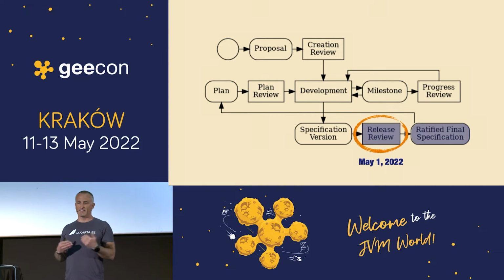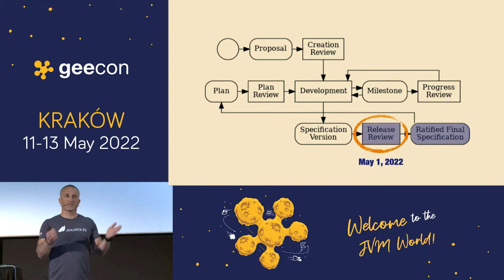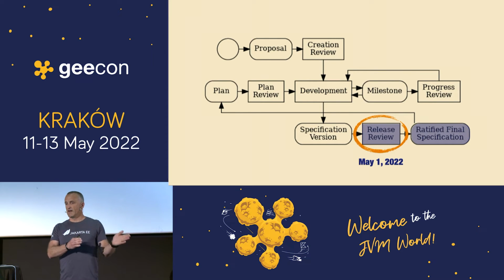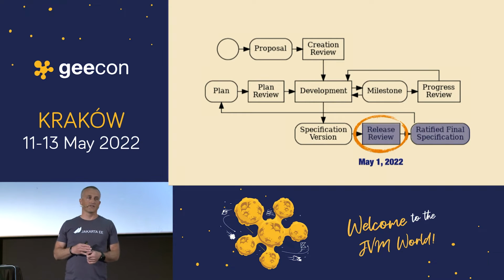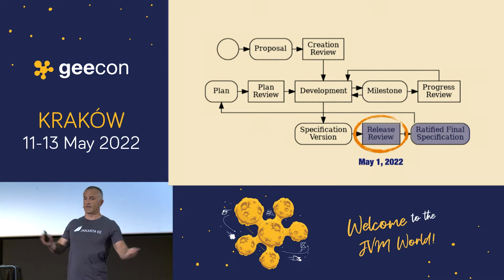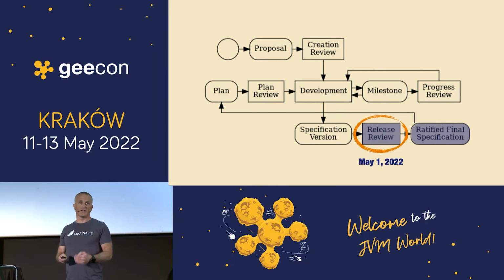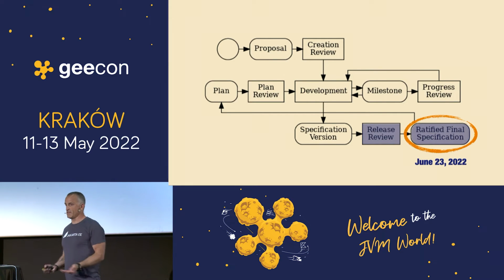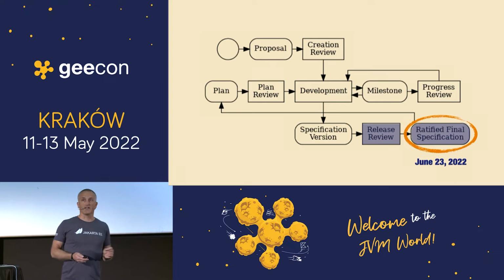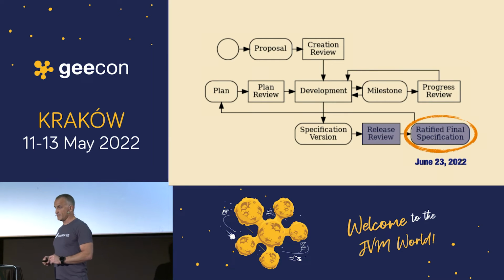We had release review deadlines for all the different component specifications that Jakarta EE consists of. I'll show them in the next slide. The deadline was May 1st, and all of them more or less met that. I think May 3rd was the last specification going into a release review ballot. That means a 14-day period where we vote and verify that everything is correct and they've done what they're supposed to do. And then we will ratify the final specification of everything, with the Jakarta EE platform and the profiles. And we're hoping for June 23 to be the release date of Jakarta EE.